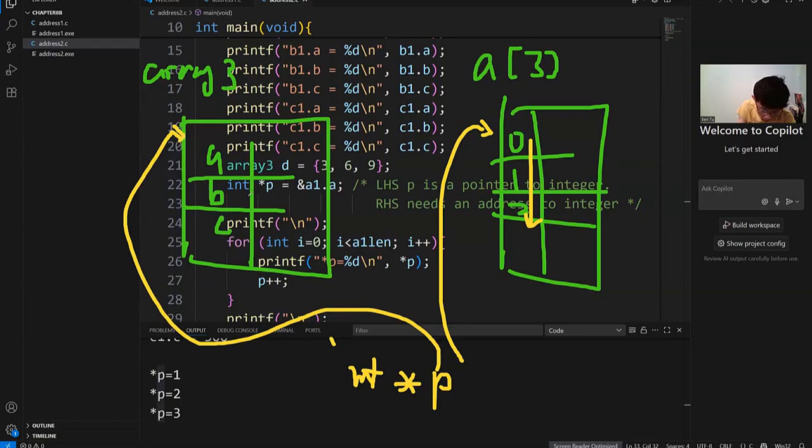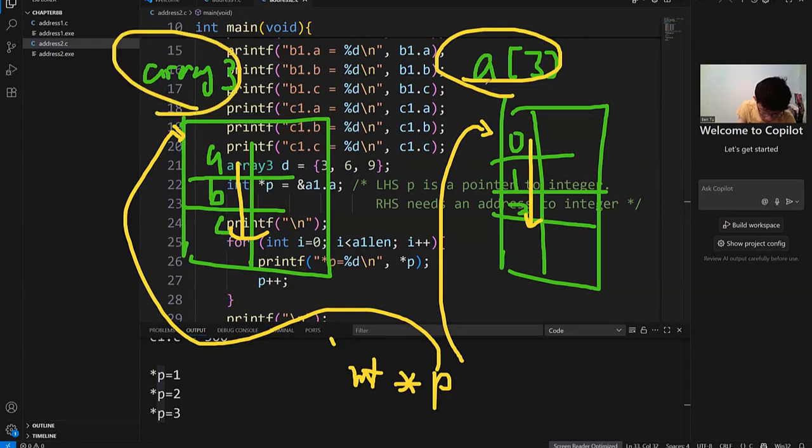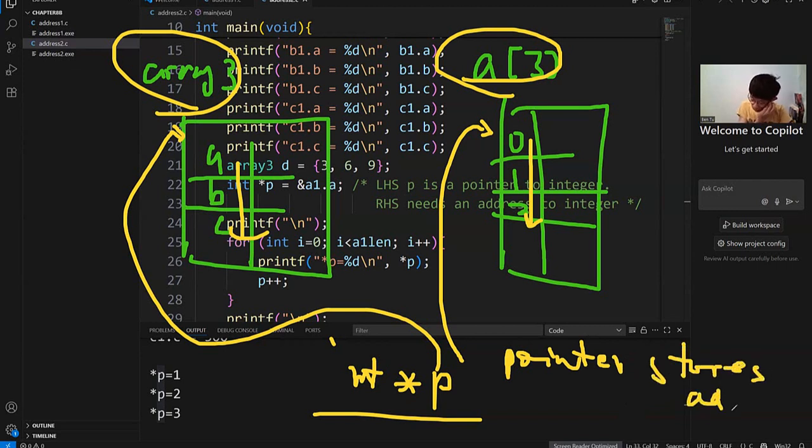You can also use the same pointer to access the array, using the same pointer. But one is this type, one is structure type, one is array type, is pointer type. Either way, as long as it's pointing to an integer, pointer P should be okay to do it. So in a way, pointer stores addresses, and pointer is also